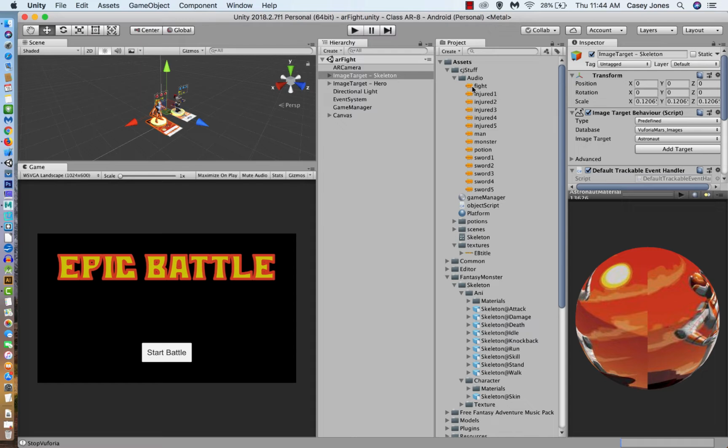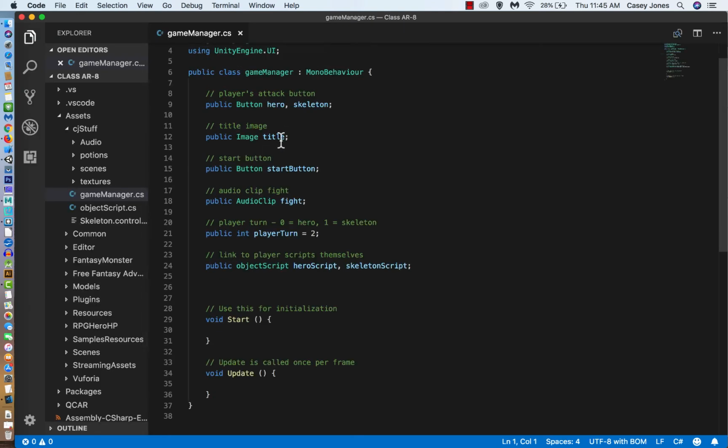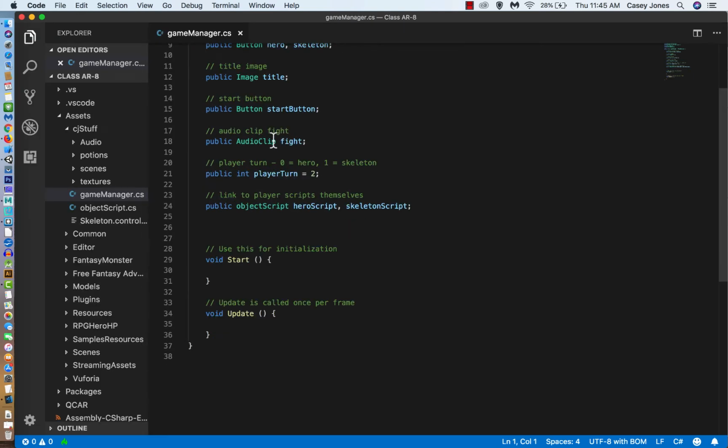I also went ahead and, from Moodle, I placed this up on Moodle, I downloaded our fight audio as well. So in my game manager, I should now be able to add that fight audio. Again, that's up on Moodle to download and put in your project. So in my game manager script, we put in our variables and we got those set up. We hadn't really done anything else. So in our start,